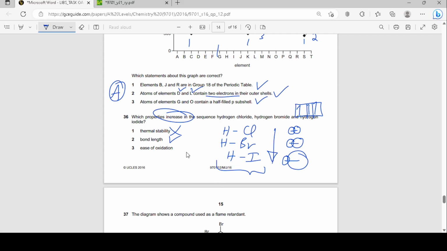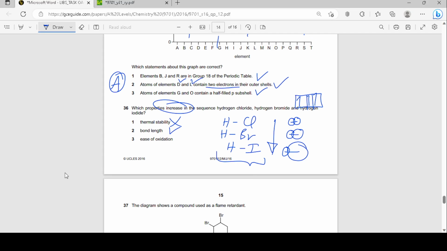Thermal stability decreases. Ease of oxidation, on the other hand, should increase actually, because again the bond strength has decreased, right? So the bond is weaker, like the HI bond is weaker, so it will be oxidized more easily by, for example, any oxidizing agent really,